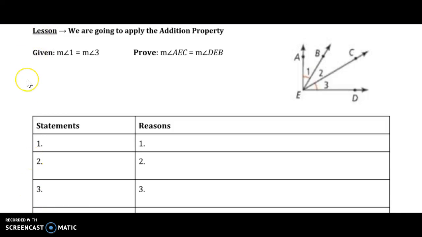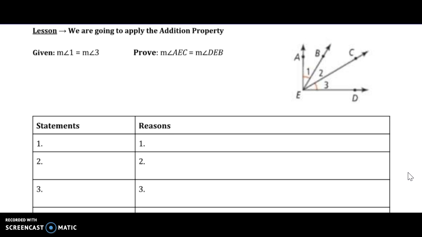Unit 2, Lesson 9. This is the second half of the lesson. So we're going to apply the addition property of equality, and it's almost identical to the subtraction property of equality, only we're using addition instead. So the addition property of equality says if we have two equal values, okay, 100 and 100, and we add